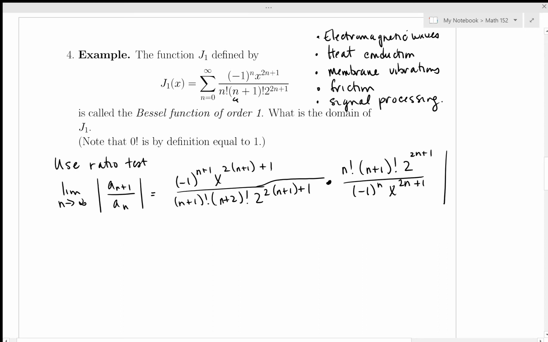Okay, now it's absolute value sign, and I'm going to try not to